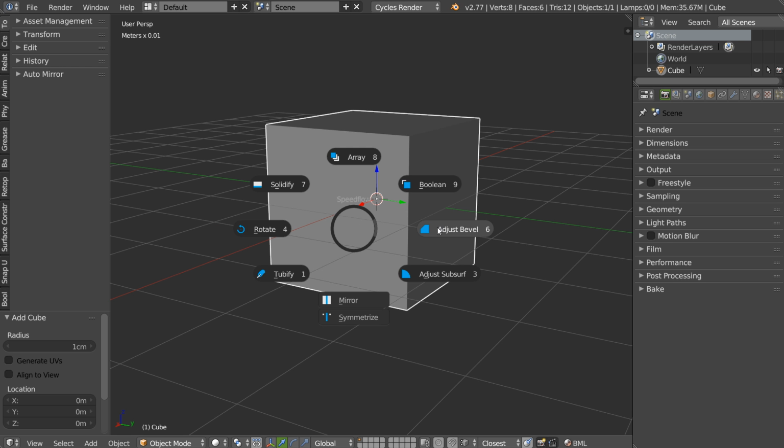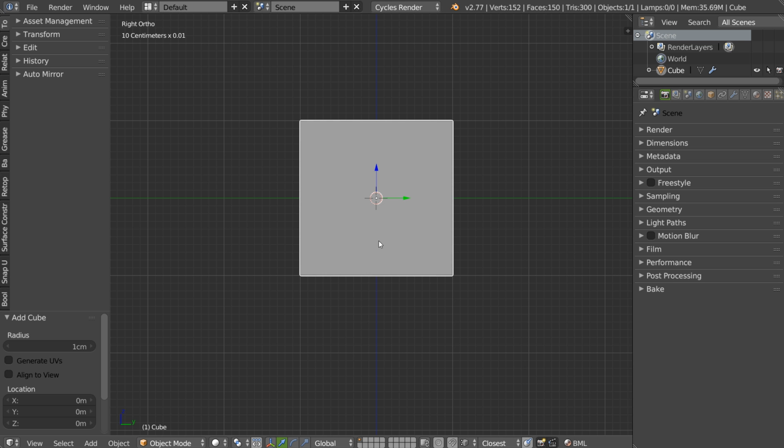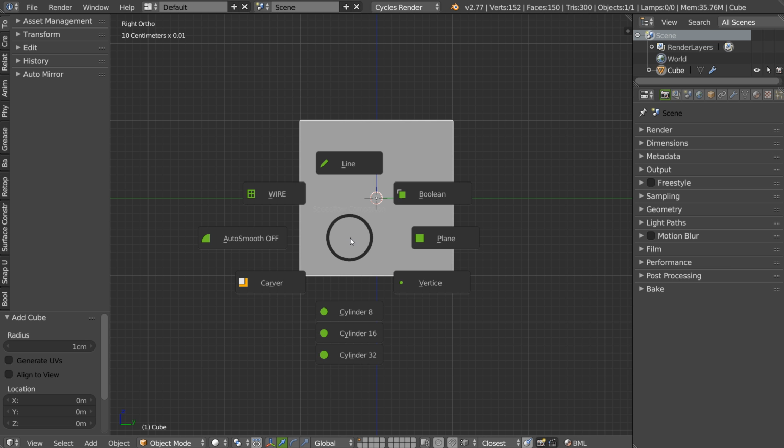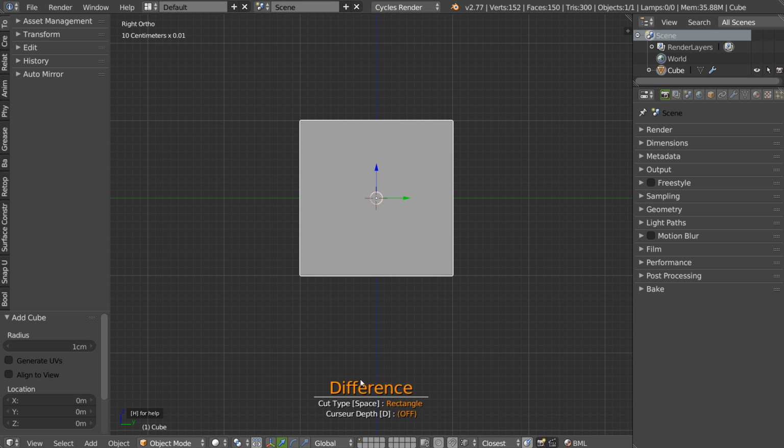I will add a new bevel. I'm here. And you have a button for Carver. So Carver, if you don't know what it is, it's an add-on made by Pixivore. We haven't worked on this one. It's only a button to call the tool because the tool is great, and you will see what it is. For example, I have my object. I will launch Carver, and I will be here.